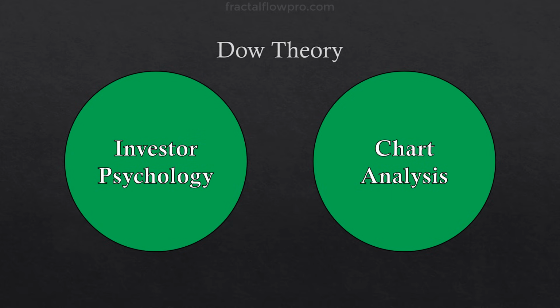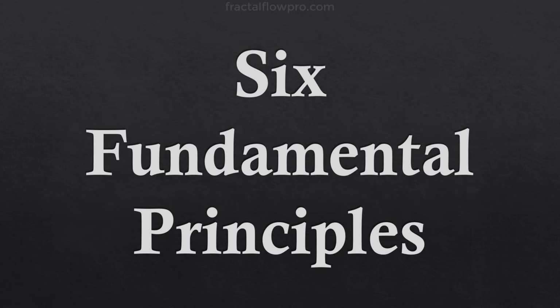The theory outlines 6 fundamental principles that will theoretically allow the trader or investor to ride the long-term trends of the market. The theory provides rules and guidelines to identify reversal signals along with confirmation of these signals, and the identification of the different phases of bull and bear markets based on basic investor psychology. The best way of understanding the theory is to go through each of the 6 fundamental principles one by one